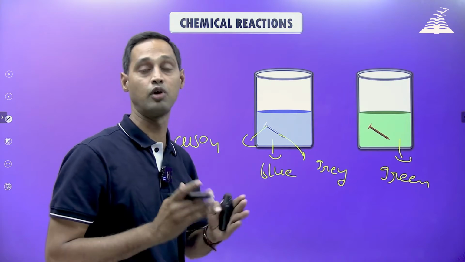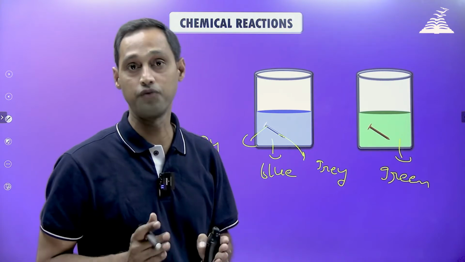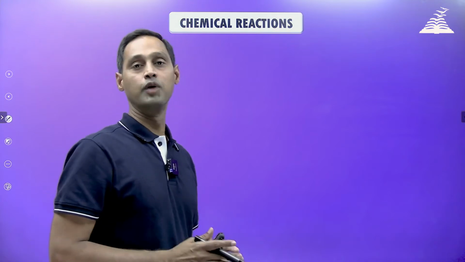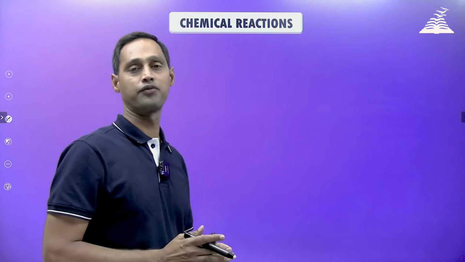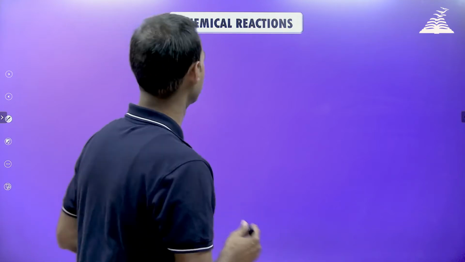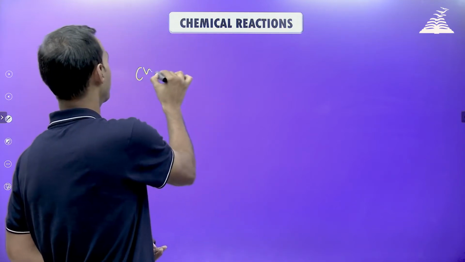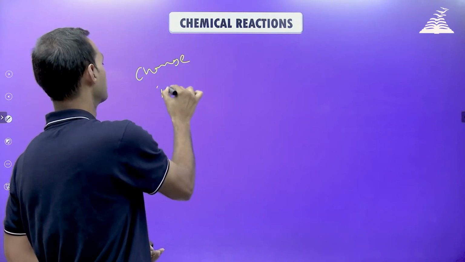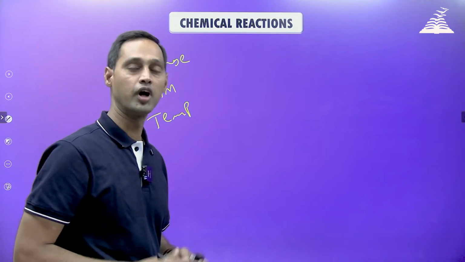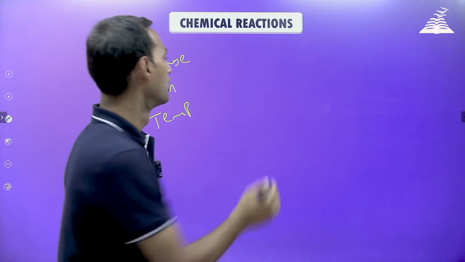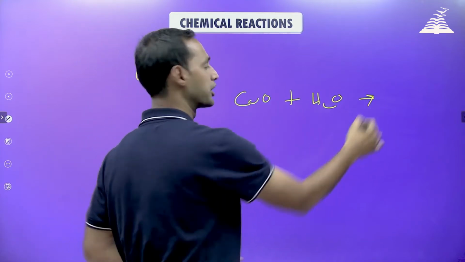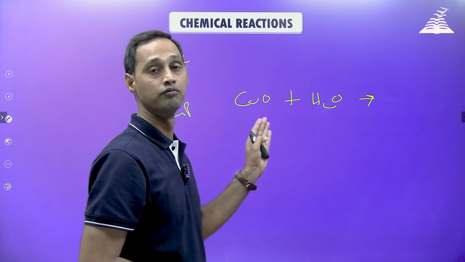Change in color is also one of the characteristics of a chemical change. And not only formation of precipitate, evolution of gas and change in color, change in temperature is also one of the indications. Change in temperature. So, for example, if you take calcium oxide, which is quicklime, and add water to it,